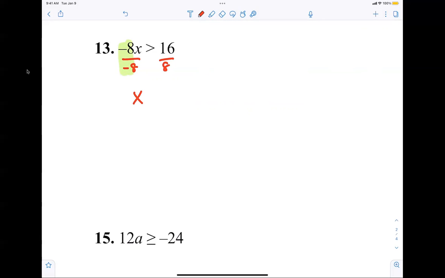Not equals, sorry, I'm used to equals. X is less than -2. I divided by -8. Notice the inequality sign changed. That's the rule for multiplying or dividing by a negative. Change the inequality sign. All right, so now when I draw my number line, and I'm going to show you